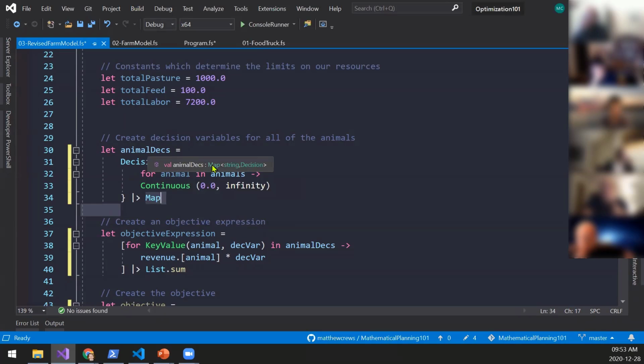This thing is a map of string to decision. So when it takes this expression, computes it, and inside a decision builder, it does have access to animal. So it knows that animal is the context of the body of the for loop. Got you. Yes.